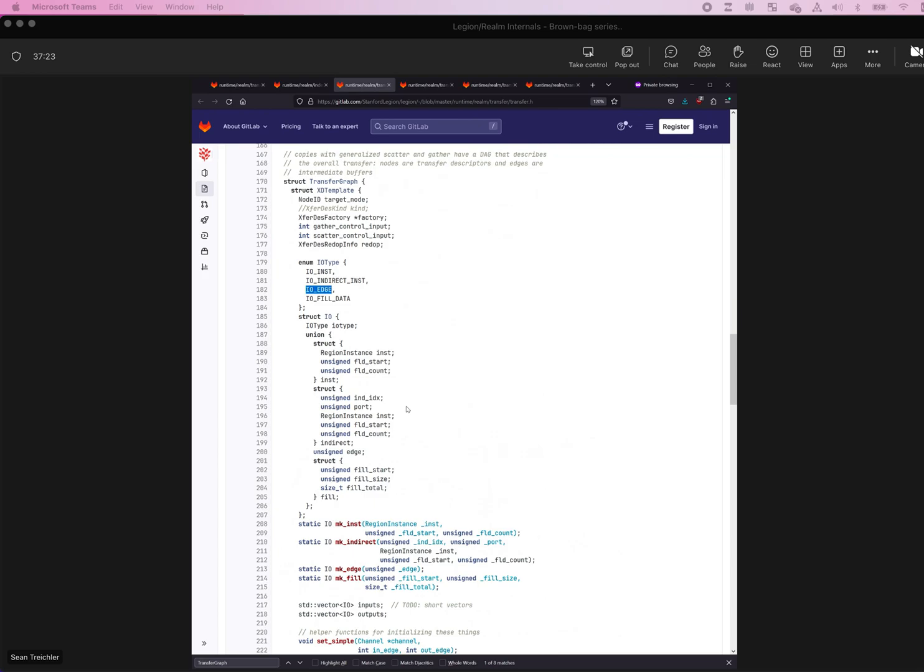A node, right? So this is what's called a transfer descriptor template. We'll talk about transfer descriptors in a little moment, but since this is a plan that's going to describe potentially 1 or more instances of the copy, think of this as the template that we will instantiate for each actual copy we do. And when we do a copy, each node is going to be what's called a transfer descriptor, which means that the node in this graph is a transfer descriptor template. And the things we need to know about it are